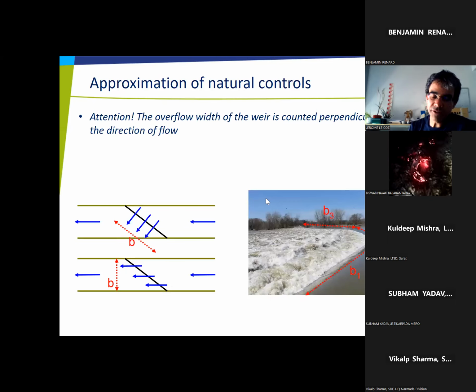Some tips, some tricks for representing real controls. When we have a weir, sometimes it's not perpendicular to the flow. That's this situation, since this is a top view seen from the sky. You see that the weir is not perpendicular to the flow direction. And in such a case, the width that counts for modeling the control is the width perpendicular to the local